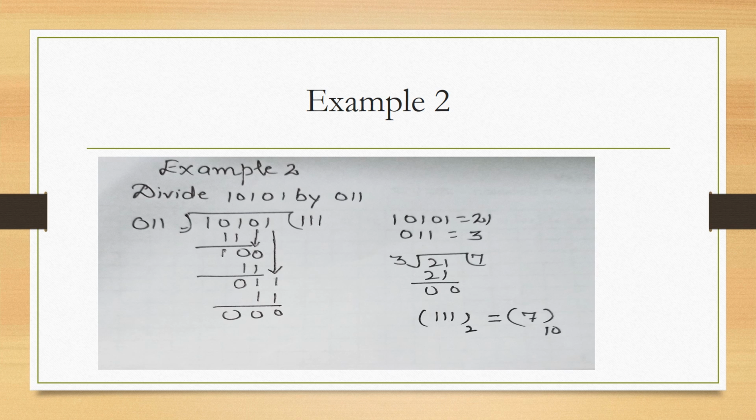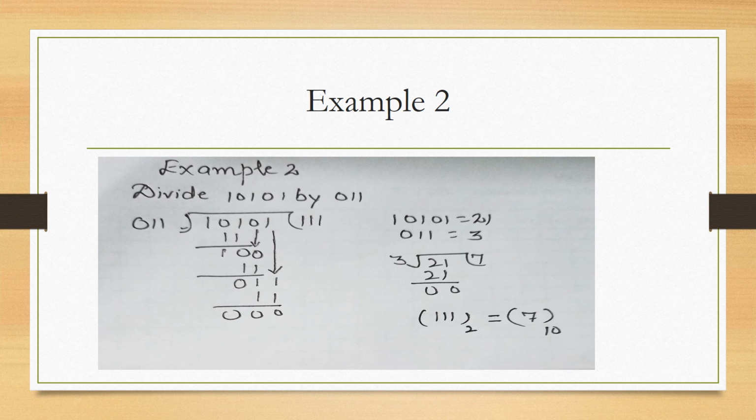Take the next number, that is 0. Now our number changes to 100. Again we write 11, 1s are 11. We got only 1, as we know 0 minus 1 is not possible. As we borrow the number from the left-hand side, this 0 will become 10. 10 minus 1 is now 1. Take the number from the top, the last digit, and it becomes 11. 11 ones are 11. So we got 000 as the remainder and 111 as the quotient.